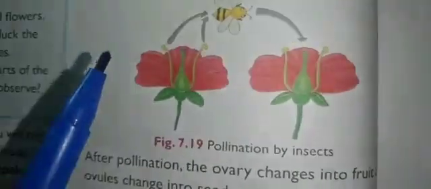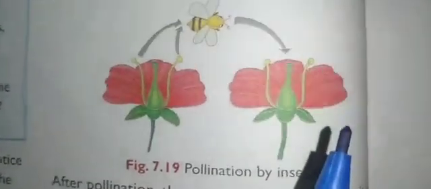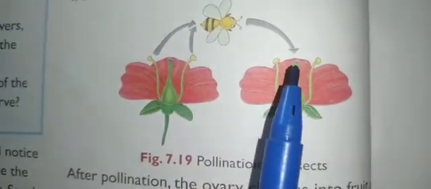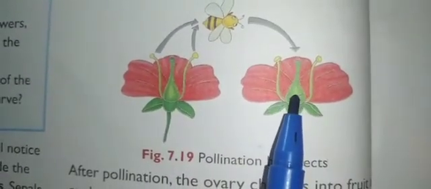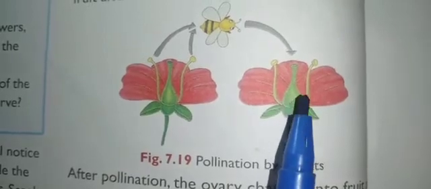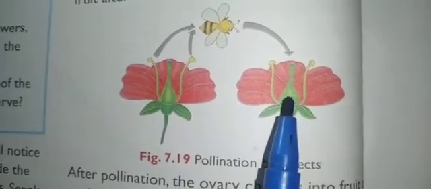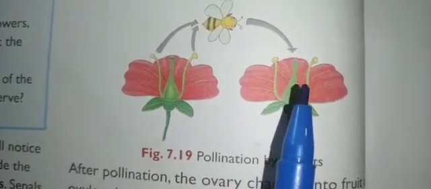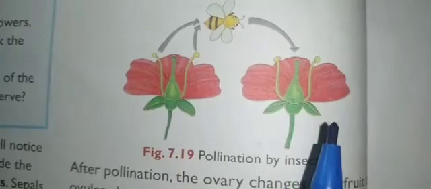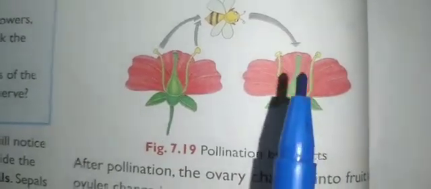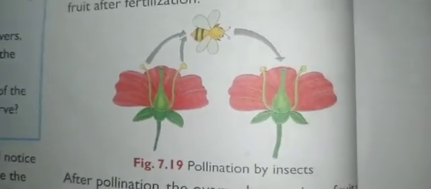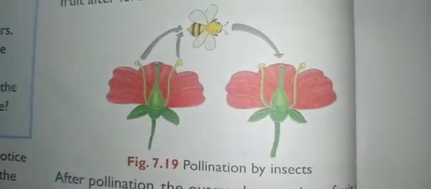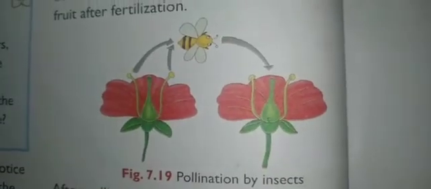So when the pollen grains are transferred, the ovule becomes the seed. Now the pollen grain has come here. The male reproductive cell in this pollen grain and the female reproductive cell fuse, and it will produce the seed. And now the seed is inside, right? This seed is covered by a fruit. Okay, this ovary will become the fruit after this fertilization. Fertilization means the fusion of the male and the female gametes.